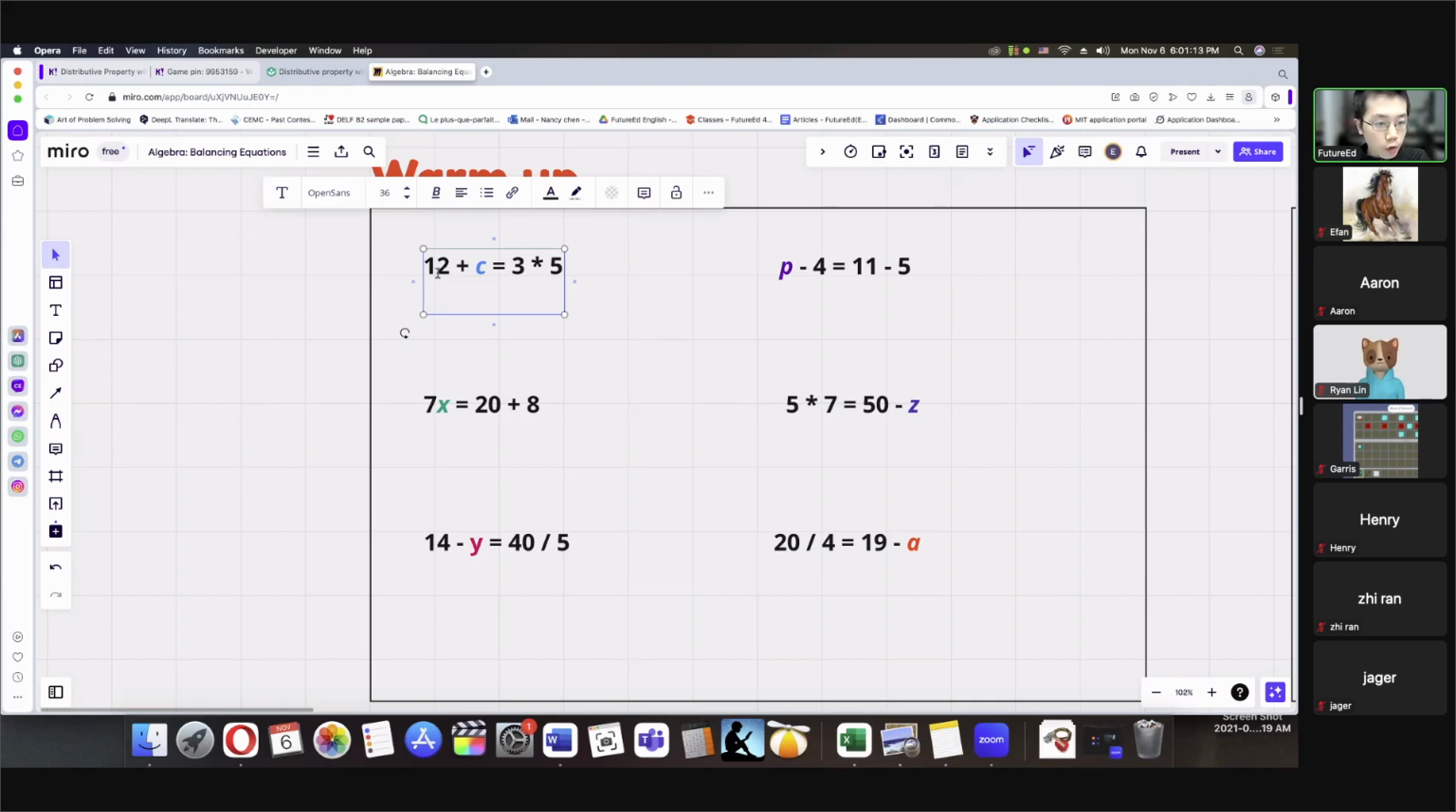Aaron, would you like to try the first question? 12 plus C equals 3 times 5. How would you find C? Yeah, I guess we're a quiet bunch today. Garrus, would you like to try the first problem, please? So 12 plus C equals 3, so that means C equals 3. 12 plus 3, and then